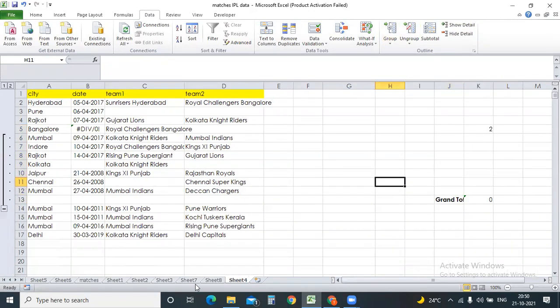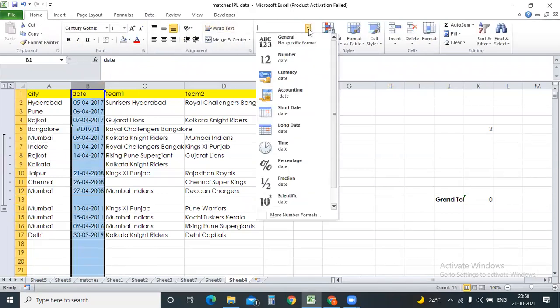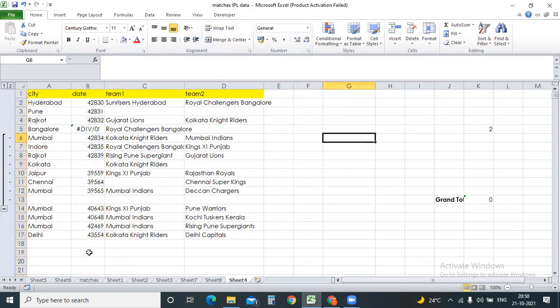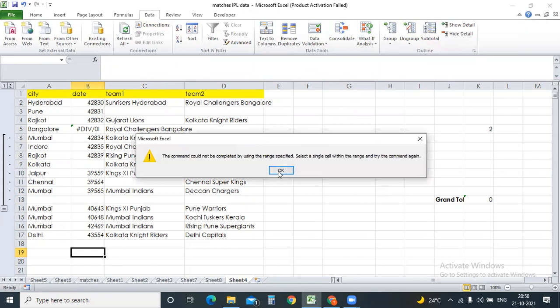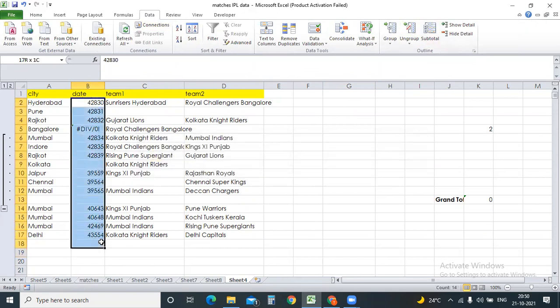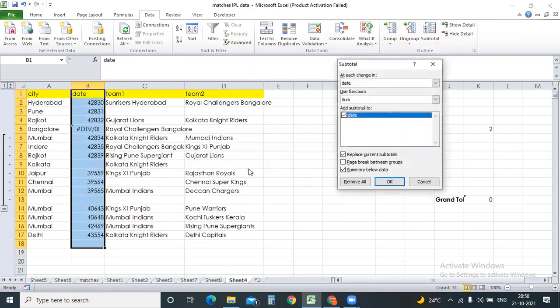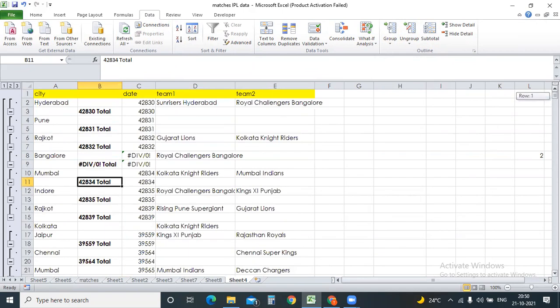For example, let me change these values to some numeric numbers. Now if I want to auto sum for this, just click on subtotal. It's giving you the total. Ideally, it should not give the total.